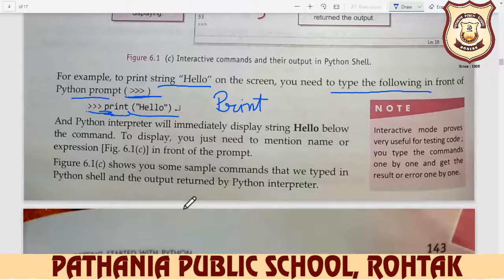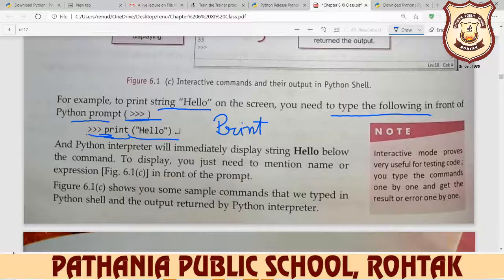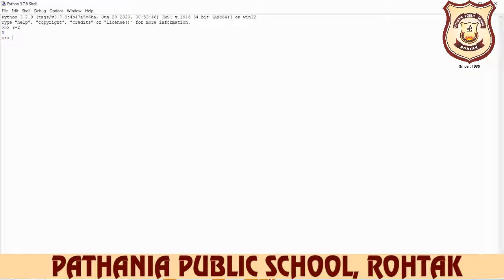For example, we do the practical of this. Just click on the Python and here write down print and bracket start, and after that you write down welcome to computer lab and then you close it. Now you see this is your answer. When we write print is your command, and after that you write down any message, and just you can press the enter key, your answer will be in front of you.